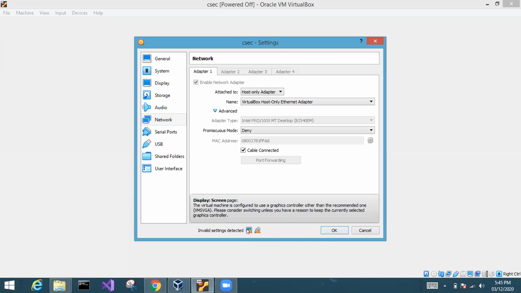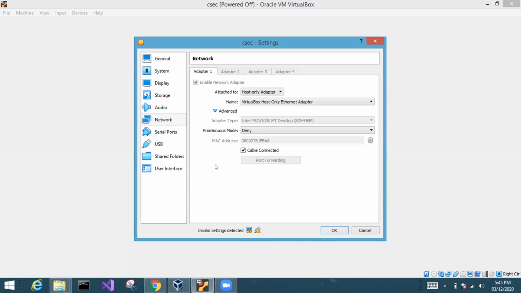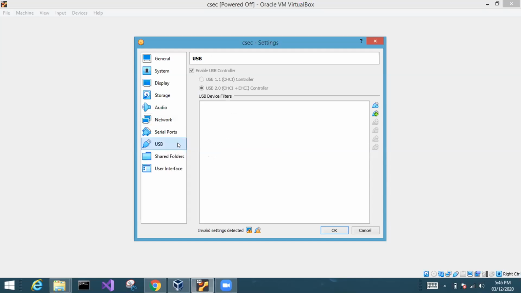Can you hover over these? This virtual machine is configured to use... OK. And what is the second one? USB is currently enabled. However, this requires the extension pack. Okay, you can just disable USB in this case, because you don't need it on this machine. I would recommend installing the extension pack whenever you have the time. It's just some extra functionality for VirtualBox, but we're not going to be using USB ports on this machine anyway, so that is not an issue here.